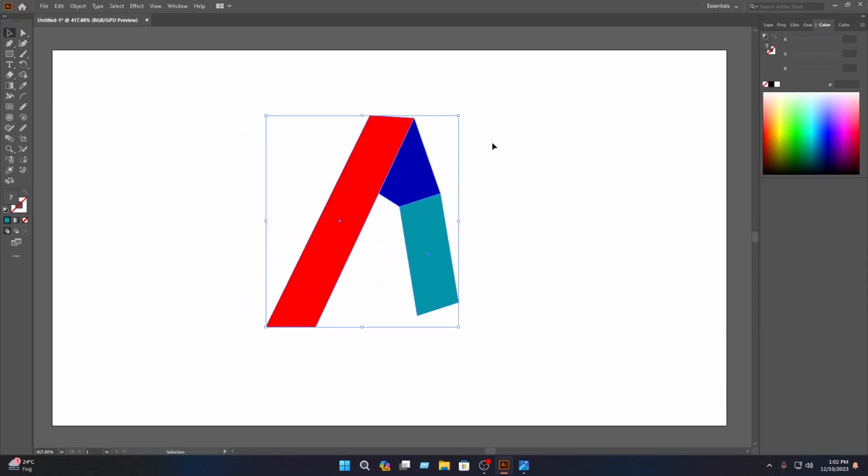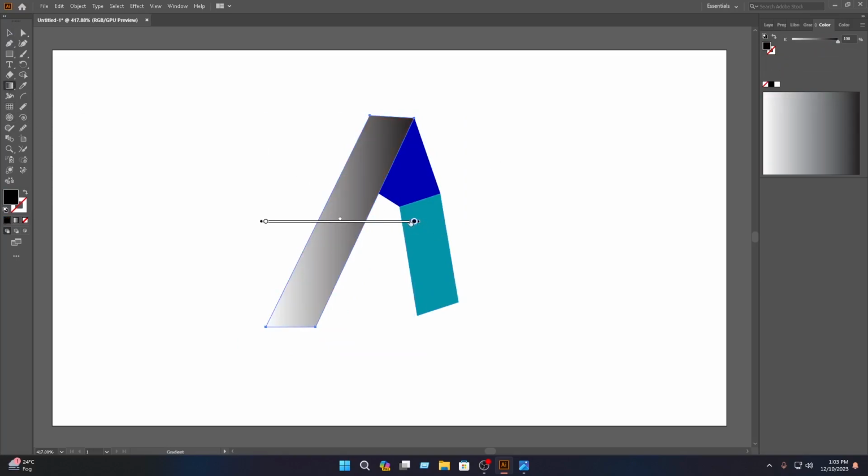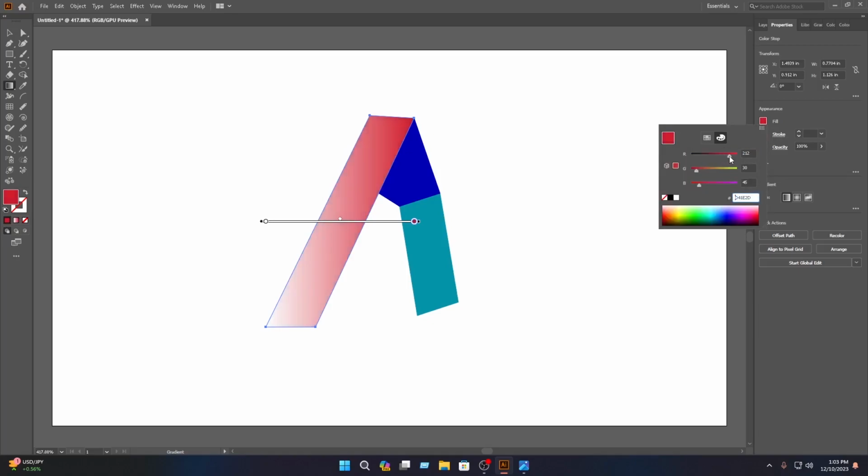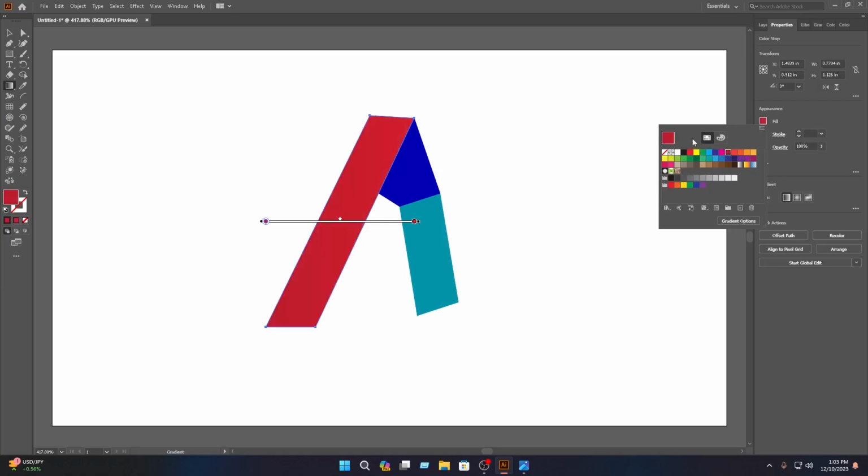then select these slats and drag these slats in here, then select this, then select the Gradient tool, then click on here, then you have to select this and go to the Properties, then you have to click on the Fill, then you have to select this color, then go to the Color option, then change the color of this, then you have to select this, then click on the Fill again, then click on here, then select this color, then select this again, then click on the Fill again, then select this color, then go to the Color option, then select this color,